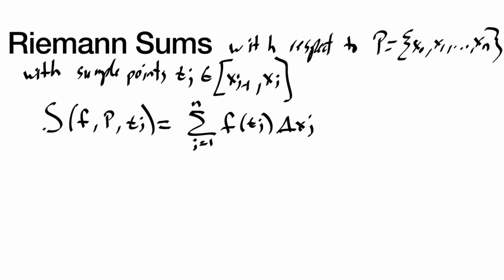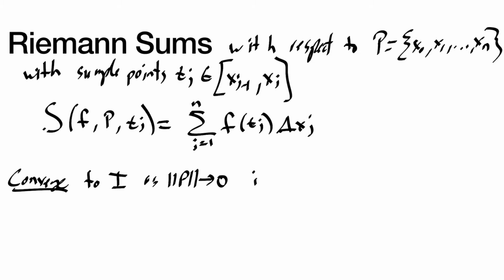This is how we define a Riemann sum. We say the Riemann sums converge to some integral I as our partitions go to 0, so the norm of our partitions goes to 0, if and only if